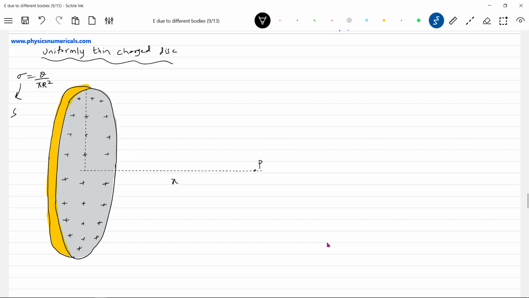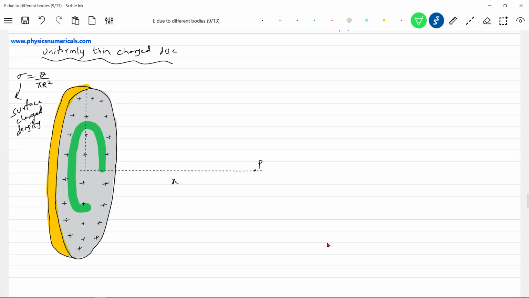What is sigma? Surface charge density. Only on one face the charge will be there, not on two faces. Like bread, you apply jam only on one face of the bread. That's all. Total charge on it will be Q, and let R be the radius. On the axis you have to determine the field strength. So I'll start, let me assume